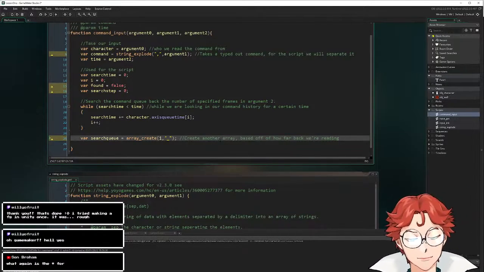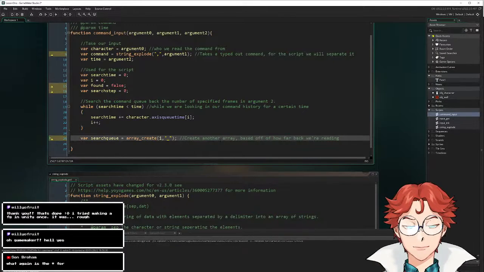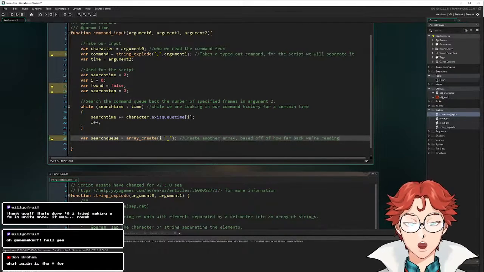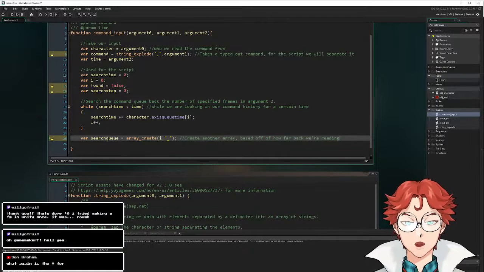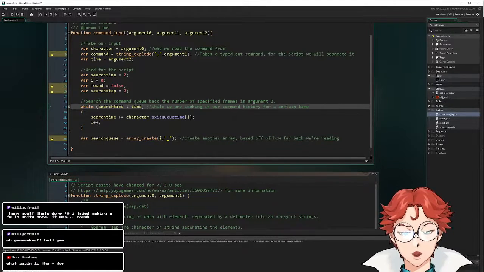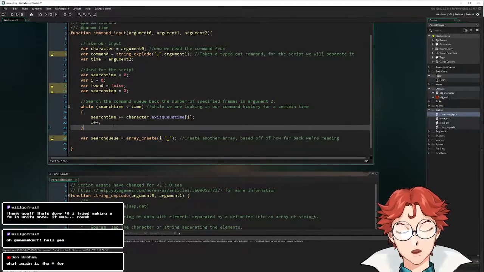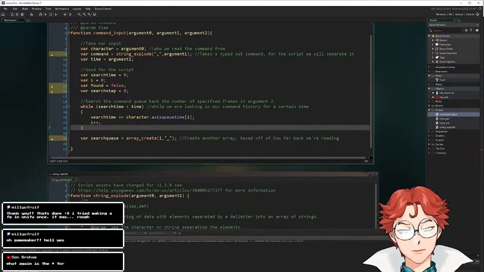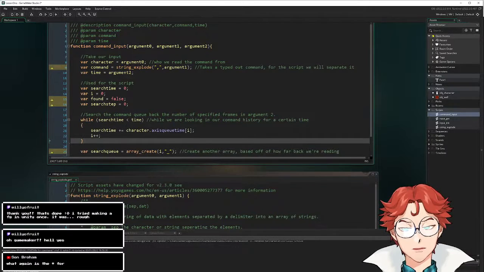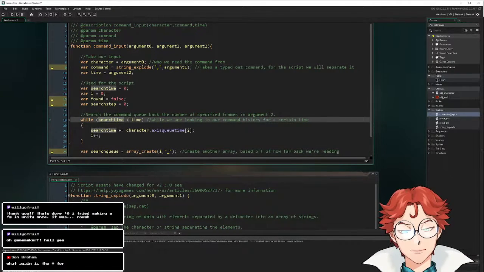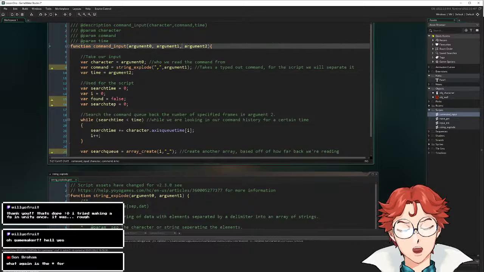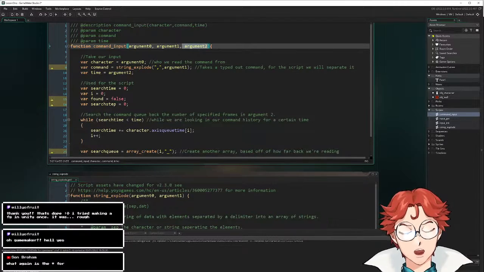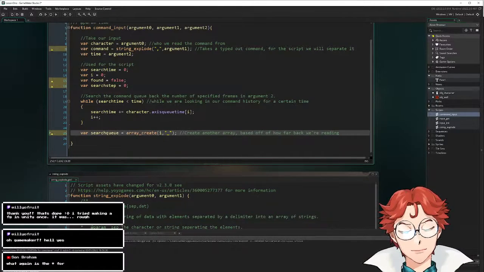I imagine it was rough. Well, we might have some better luck here. I do have a lot of experience with GameMaker. So, what this does is it searches back the amount of time we are allotted. While the amount we look is less than the time that we pass to the function, we're going to look back